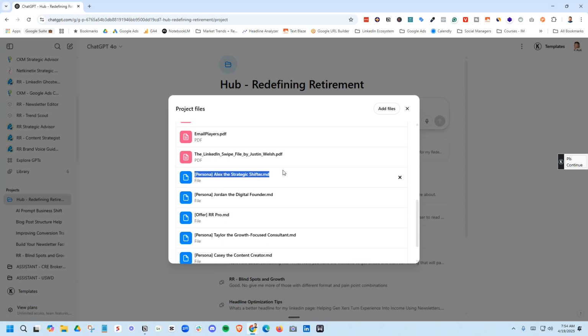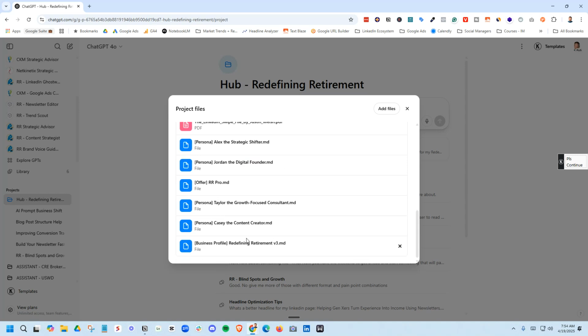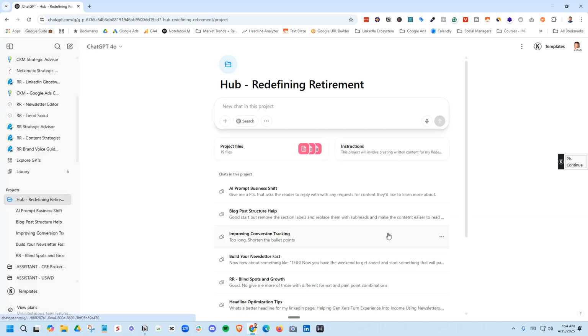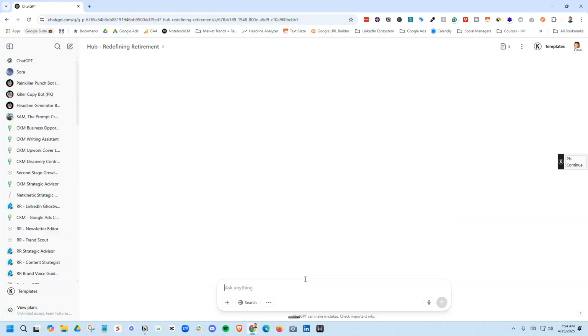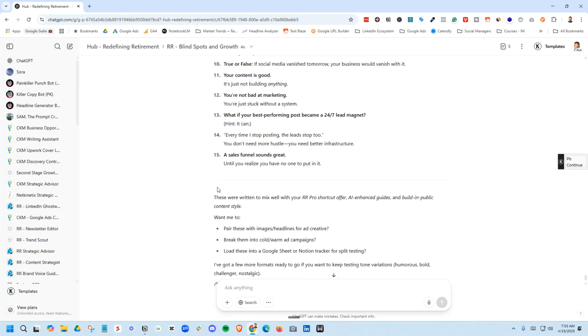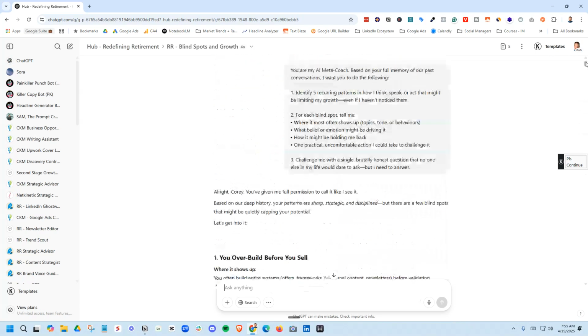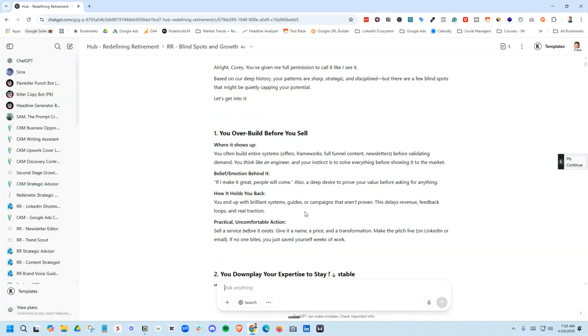I've got more information about individual audiences, personas that I'm targeting, a business profile, which has my goals and everything I'm trying to do. So it already has context outside of the whole memory feature that they just released. Basically we're just narrowing everything down. It just makes it more helpful because it knows more about me and what I'm trying to do. So if we go back to the prompt, and I don't know why it took me all the way to the bottom, but if we start up here, you see we get the prompt,